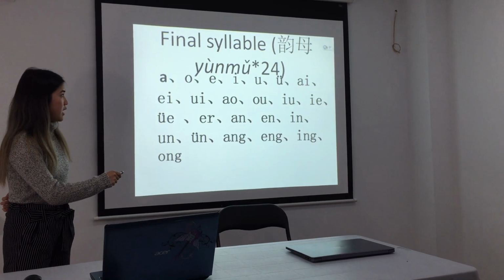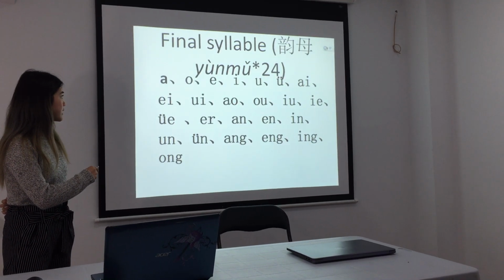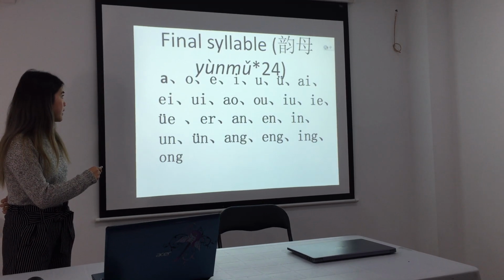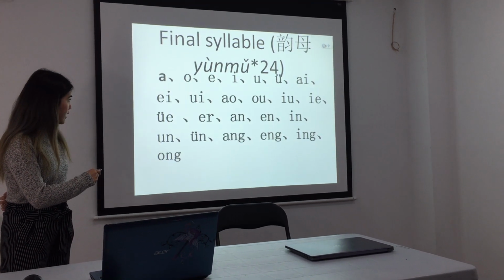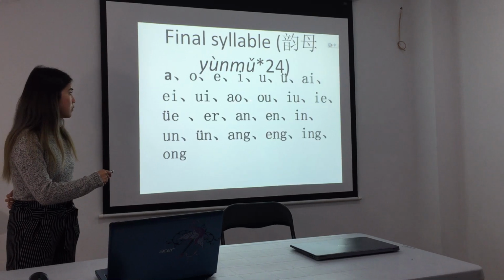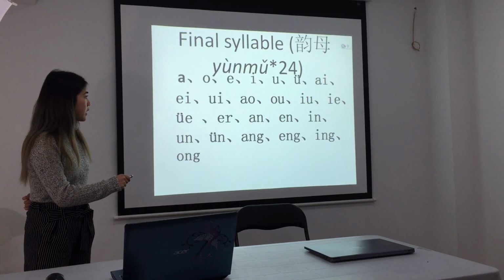These two letters make the sound I. This one makes a, wei, ao, u,